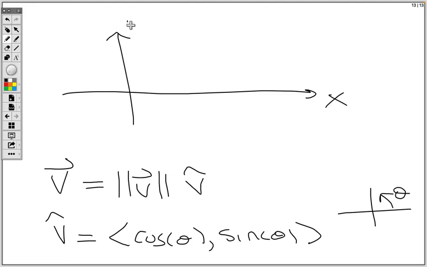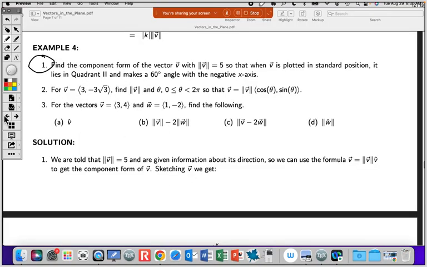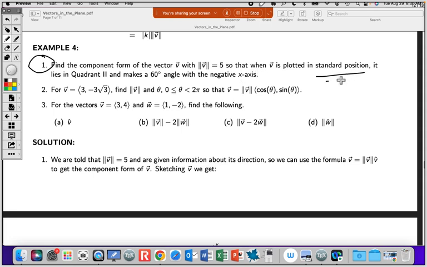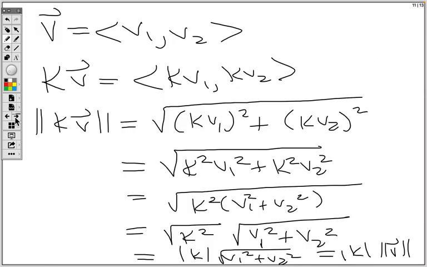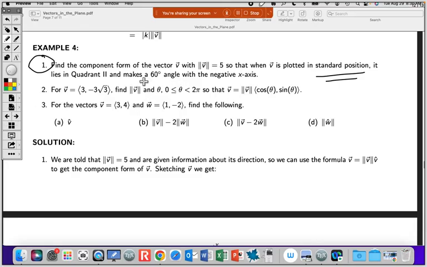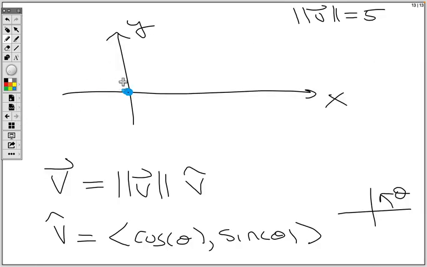So what they tell us here is it has a magnitude of 5, so we know that the magnitude of v is 5. And when plotted in standard position, that tells us that the vector has an initial point of the origin. It lies in quadrant 2 and makes a 60-degree angle with the negative x-axis. Okay? So that means that the theta we want